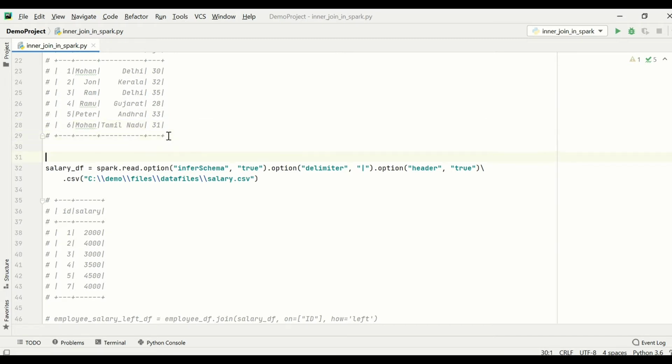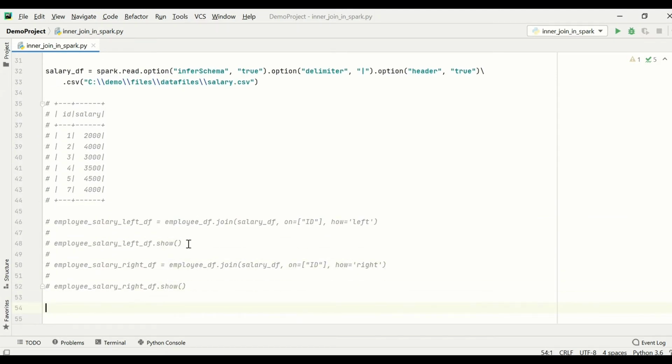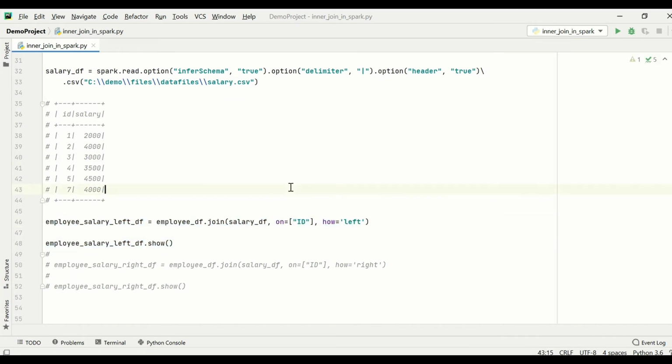So let's see how it works in PySpark and what the syntax is. I have mentioned two tasks here. First we will see the left join, where the employee DF and the salary DF are joined based upon the ID column, and in the how parameter we mention the type of join we are going to do.